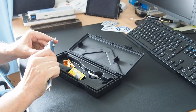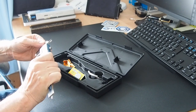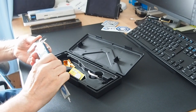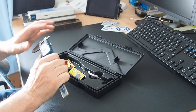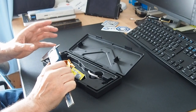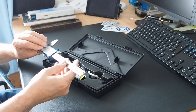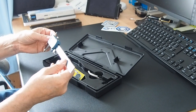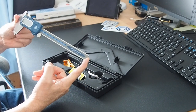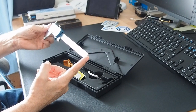I think the other ones that I've got, which came offshore, from one of the offshore companies, obviously worked fine, but one of the things that annoyed me so much was you only had to move them, and they came on. So I went through quite a few sets of batteries, which became increasingly annoying, really. So the theory was the cost of this at £26 wouldn't take too long to recoup my battery money,